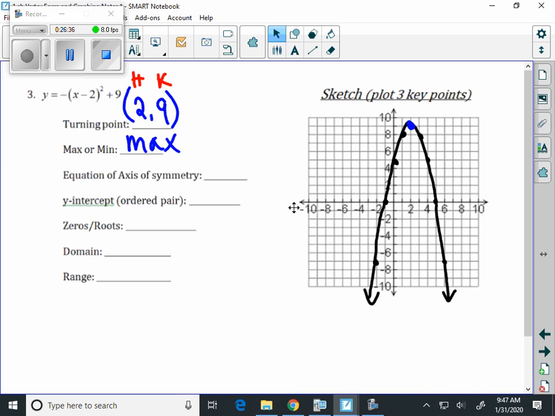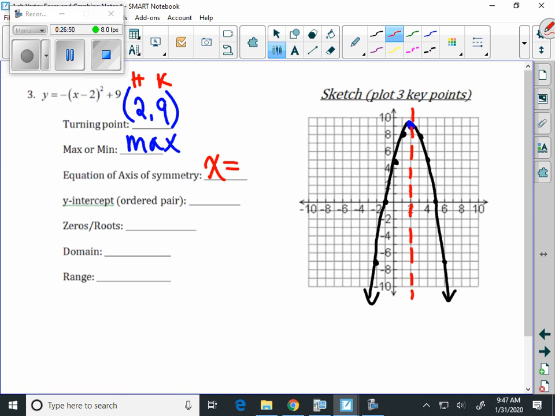The axis of symmetry goes right down the middle of our graph. It splits it in half. So if we fold it along that line, the right half of the graph lands on top of the left half of the graph. And it's an equation. Again, I want to stress, it's x equals, and then where do we cross the x-axis? Well, we cross it at 2. The formula is actually x equals h. If you look back on the front of your paper,